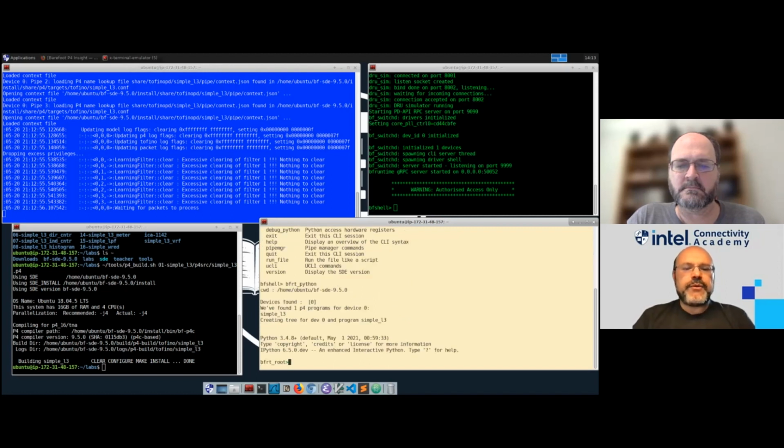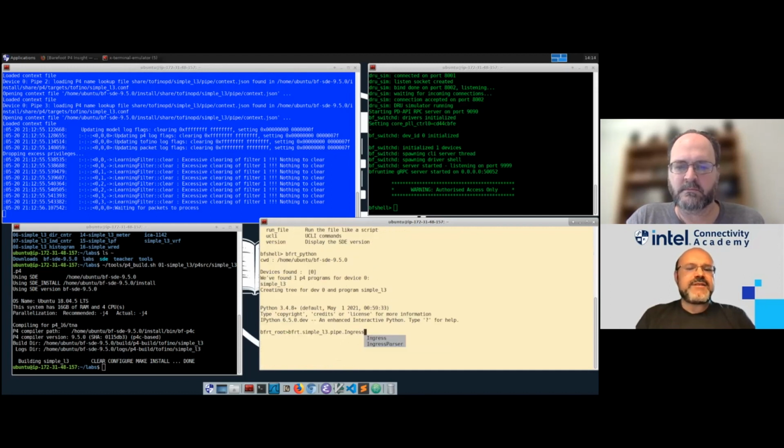So this is a full IPython interpreter. And in there, I have a hierarchy of objects. So I can start with a root object called Bfrt. Underneath, there is an object which represents my whole program, simple L3. And if you remember, when we created the switch package, we created that out of the package called pipe. So inside there is such a package. And in there, we can see the names. So for example, of my